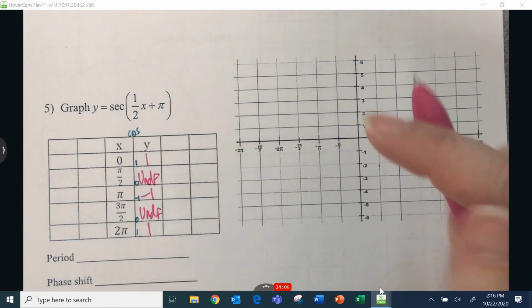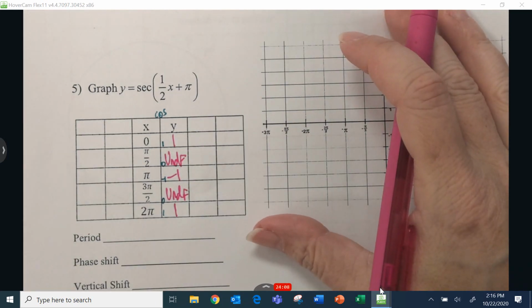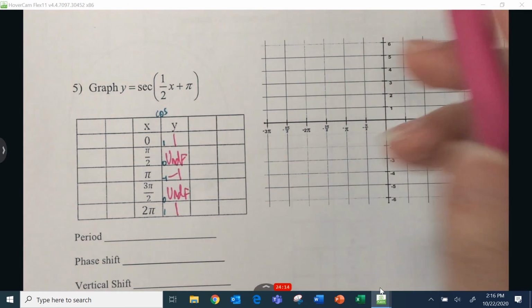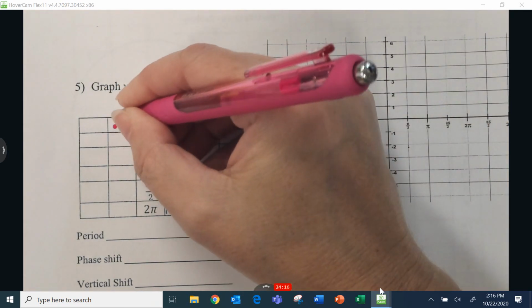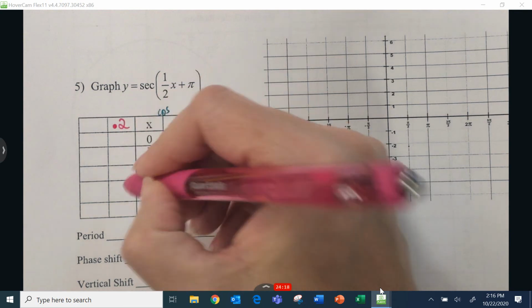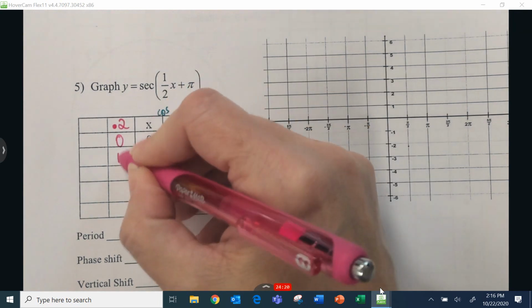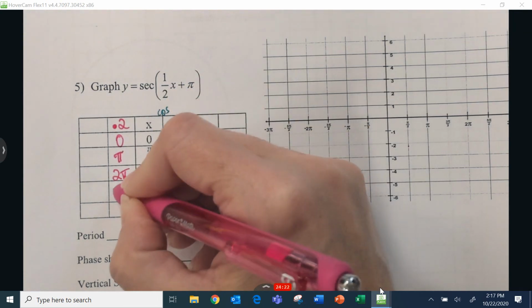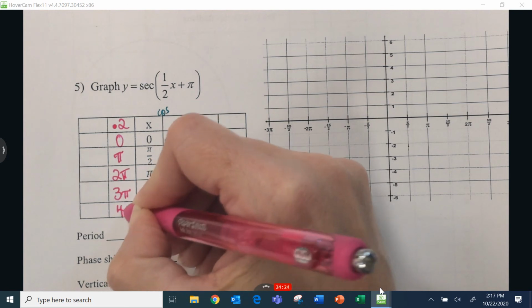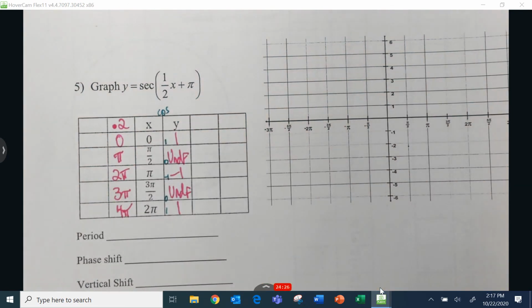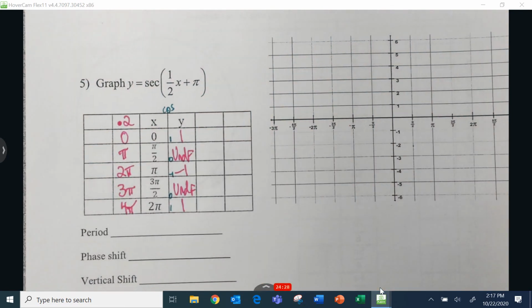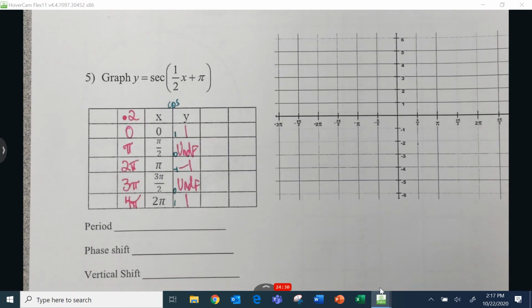And what am I going to do next for transformations? Multiply the x's by 2. We have a horizontal stretch by a factor of 2, so I'm going to multiply those x's. And then after I multiply my x's by 2,